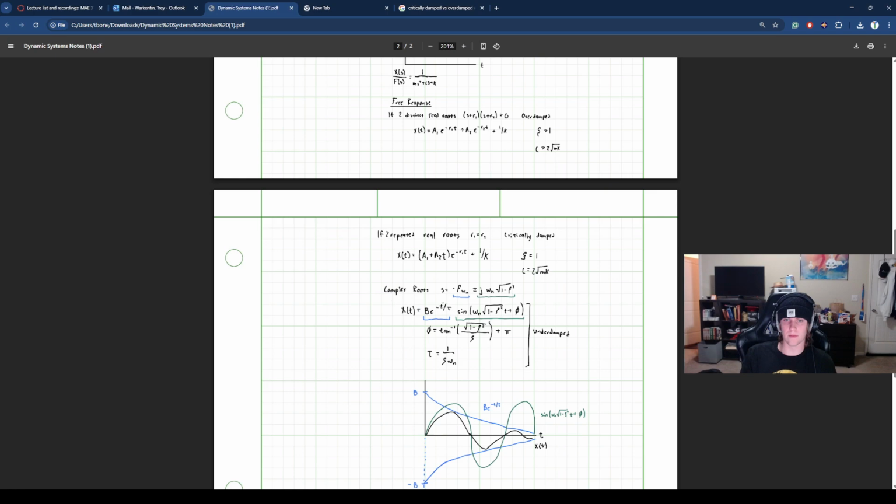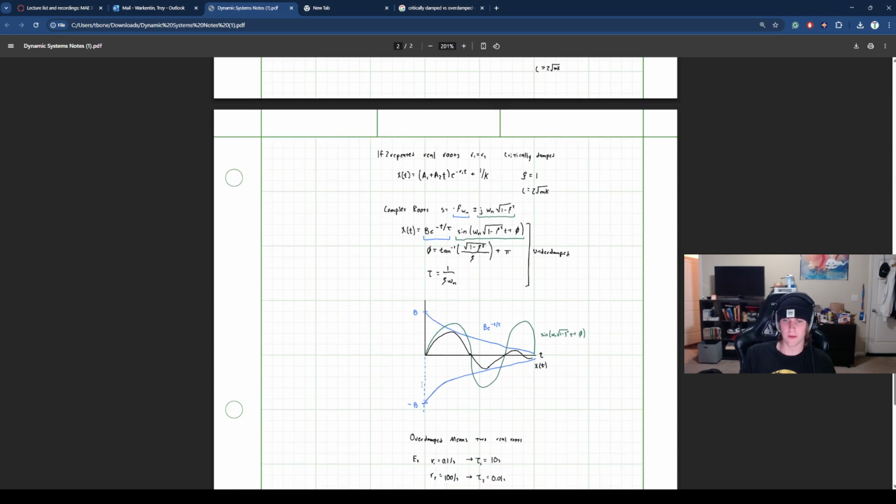And a pretty common system that we see is an underdamped system. And based on this complex root, we can see this real part right here is affecting the decay. So when looking at this graph, this would be like a first order system decaying down to